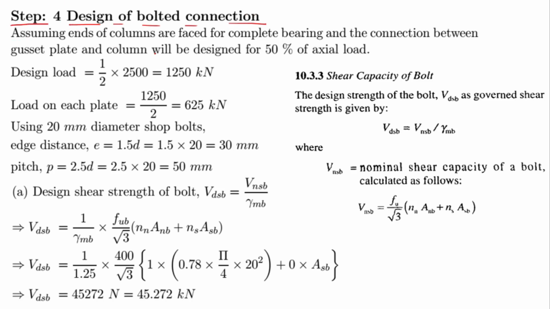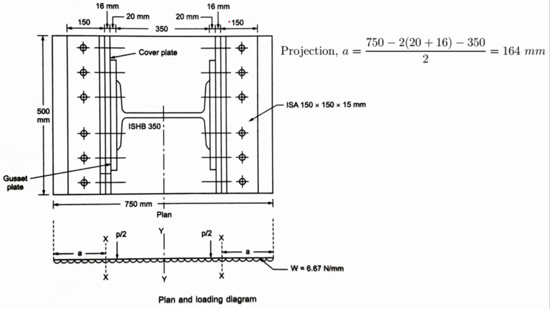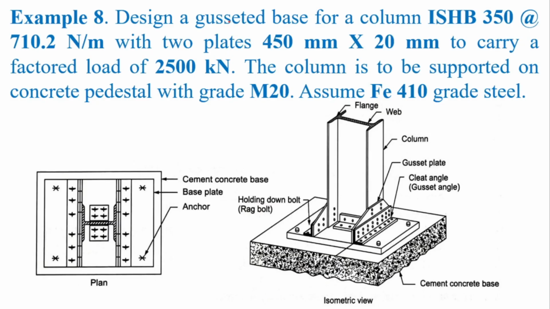Assuming ends of columns are faced for complete bearing, the connection between gusset plate and column will be designed for 50% of axial load. That means if I see the figure, this is the main column. If the column face is directly placed over the base plate, the load transferred directly through the column to the base plate is 50%,